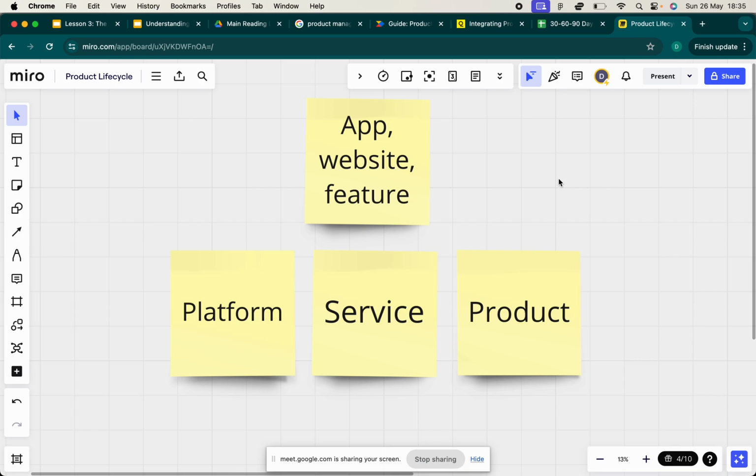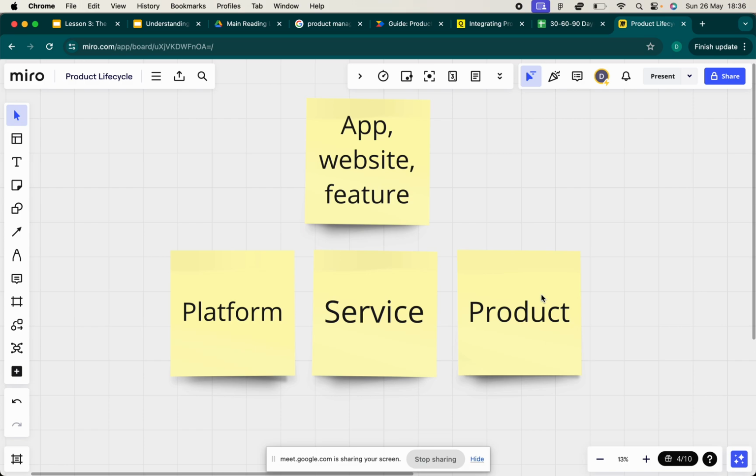So that app and all the services and all the features within it are known as a product. So a product, service, platform, it means the same thing. It's used interchangeably. If you're making a sentence, whichever one fits better, that's what you use. You can use a service if that allows you to describe whatever you're describing better.